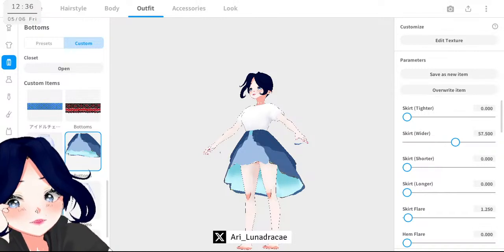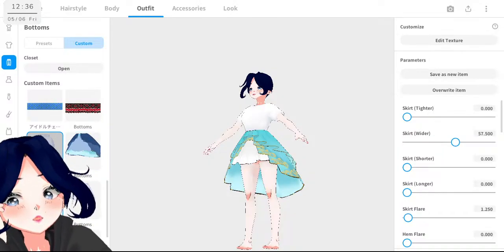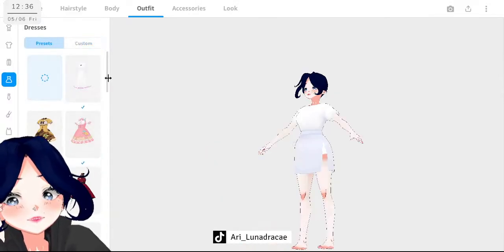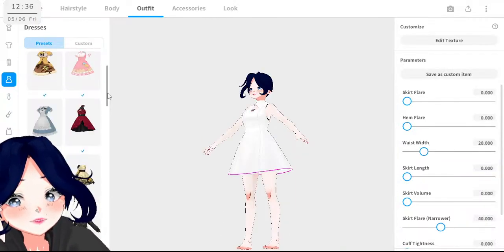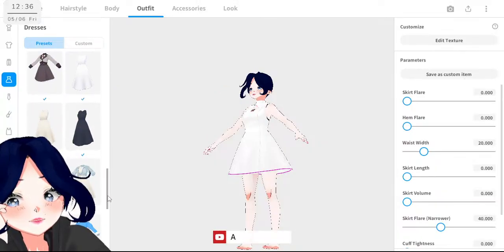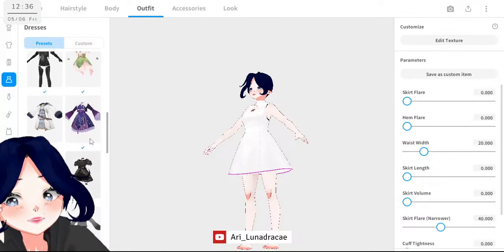So the inner part is more like this kind of skirt. So I guess we'll go with that, because I don't think there's a dress in the presets with that shape. The closer one will be something like this. Let me see. Because it's more like a tube.